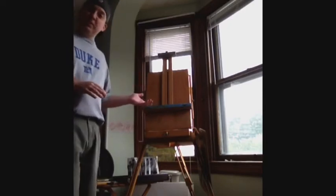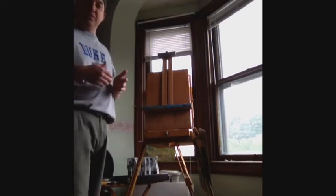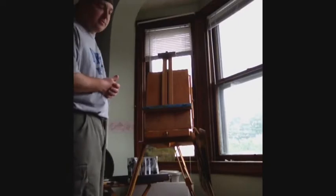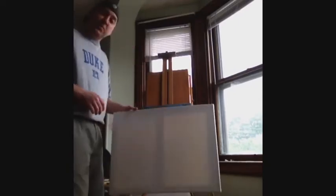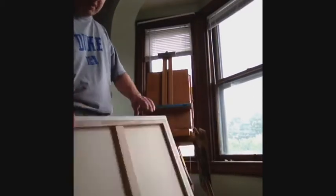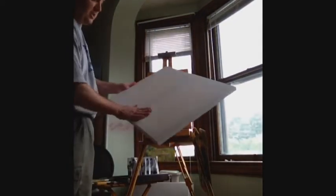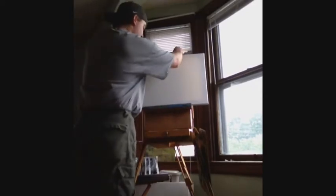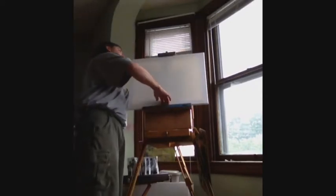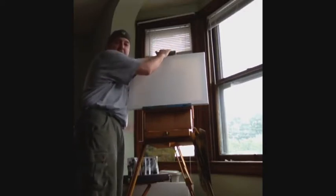I'd like to go through my little painting process here and paint a nice little picture of Pebble Beach Golf Resort. So we're going to start right now with an 18 by 24 canvas made by Paramount. You can see that on the back there probably. I like the Paramount canvas best because they're nice and stretched, pre-primed, and you can order them in bulk and save yourself a little bit of money. So we affix it here to the French easel,